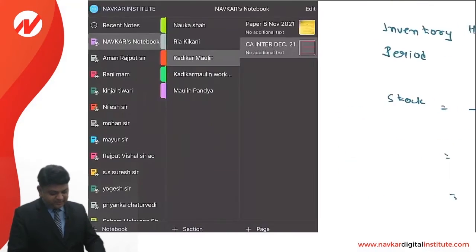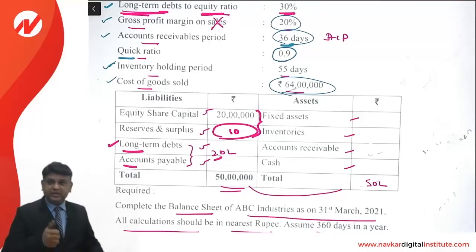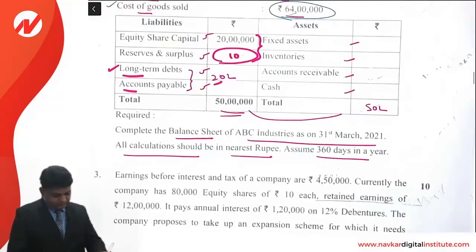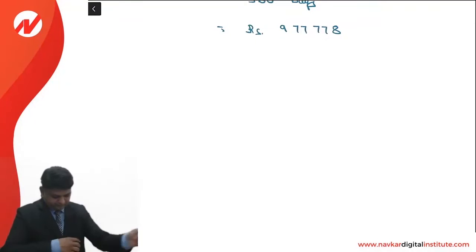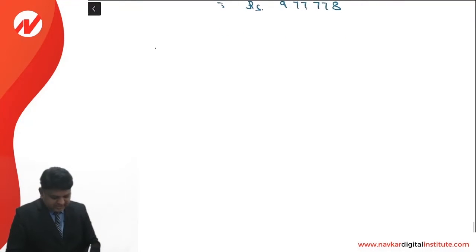Now friends, we have been provided with the information about the quick ratio. We have quick ratio, yes. We have current liability, yes. We have stock, yes. So we can compute the current assets. The current assets consist of three components, as per the given information: inventory, accounts receivable. So the cash balance will be found as balancing figure. So current assets and based on that cash. So next is the calculation of current assets using quick ratio information.